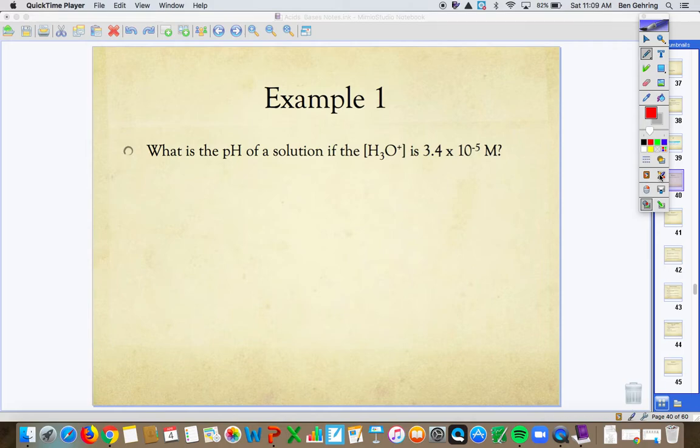So if we look at calculations here, what is the pH of a solution if the hydronium concentration is 3.4 times 10 to the minus 5th molar? Remember, P stands for negative log, so pH equals the negative log of your hydronium or hydrogen concentration. So to calculate this, the pH of this question is going to be the negative log of 3.4 times 10 to the minus 5,